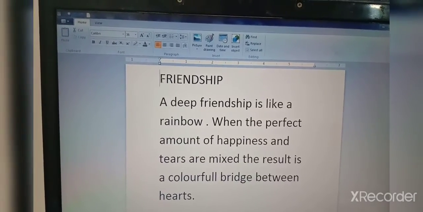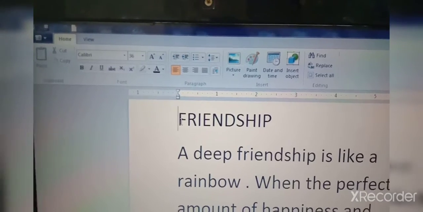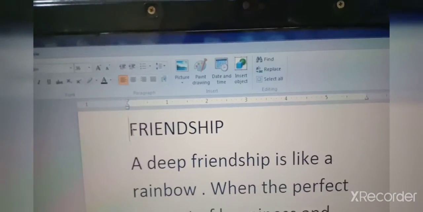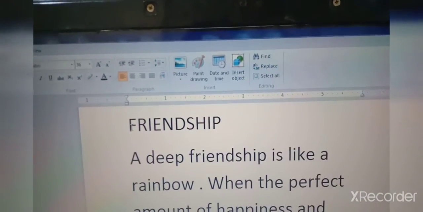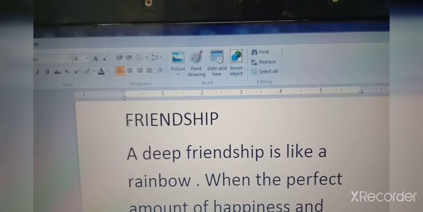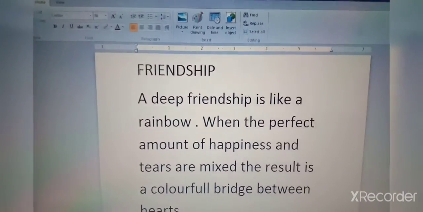Now see here, in the home tab there is an editing group. Here is the find command. Find and replace is there. First we will see find, how to find a text or a word.